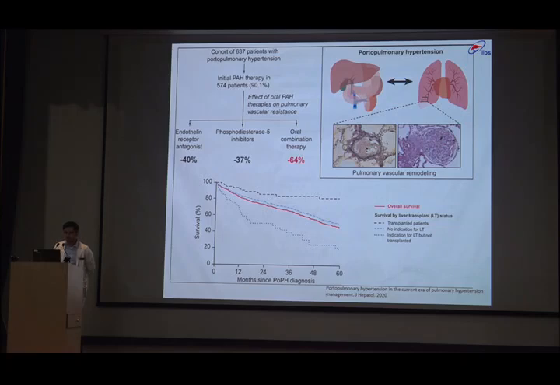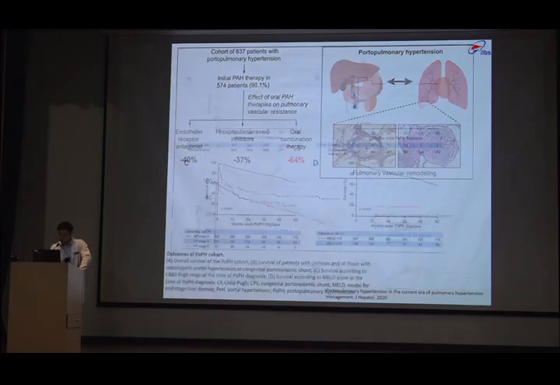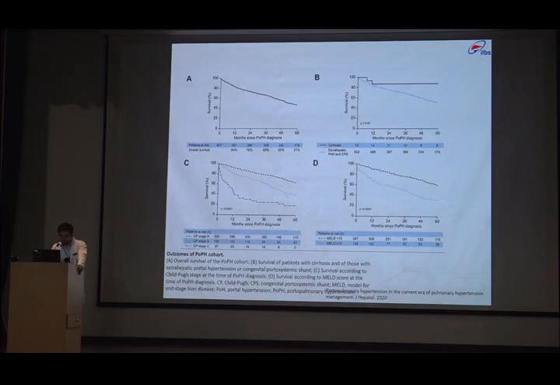So in this large cohort, the initial PH therapy was started in 90.1% of patients. One group was started with an endothelin receptor antagonist, the second with phosphodiesterase 5 inhibitors, and another with oral combination therapy. So we can see there is a reduction of 40%, 37% and 64% in pulmonary vascular resistance in this study. The survival